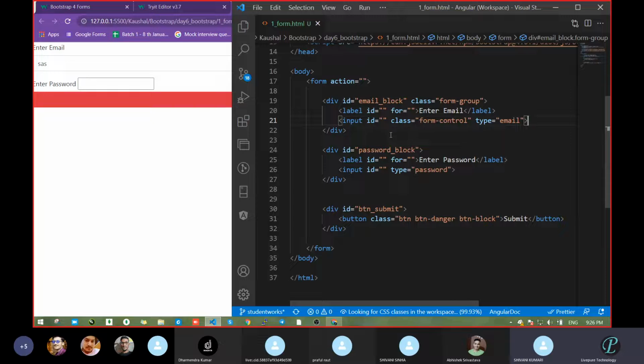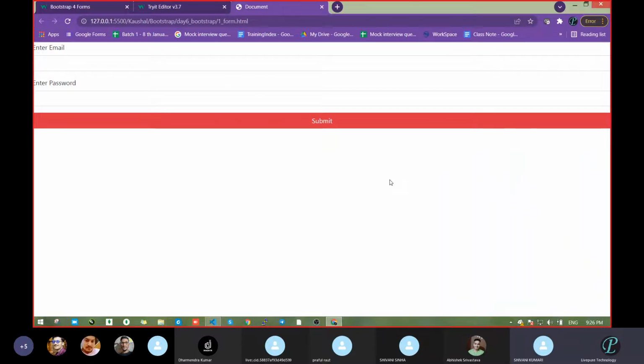So we will do the same thing for the password also. In password, we have to pass this class form group, fine. And here we have to pass one input and its class equal to which one? Form control. If you have the Bootstrap extension installed in your system, you will get this.